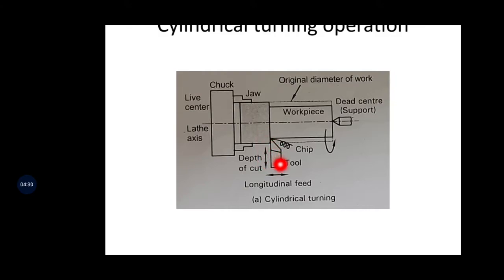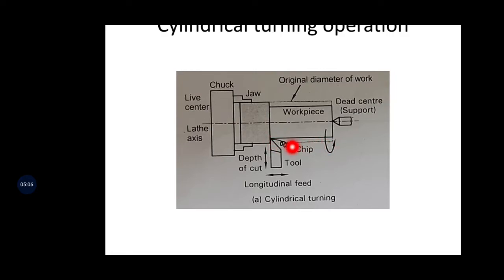The tool has to move like this, but only a small amount, 1 mm or 1.5 mm only. Okay, so you have to fix it, and the tool has to travel from this point to this point slowly. When you rotate the carriage wheel, the tool will move slowly from this point to the last point. That is longitudinal feed. You are giving longitudinal feed. Thereby all over the surface of the workpiece the metal is removed.